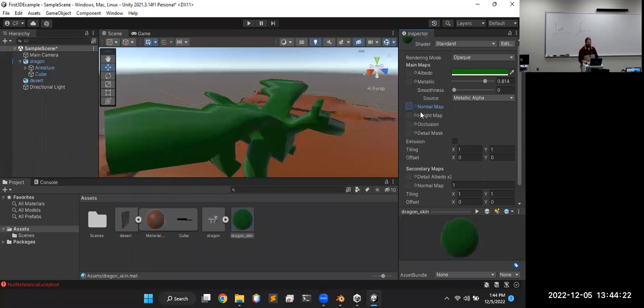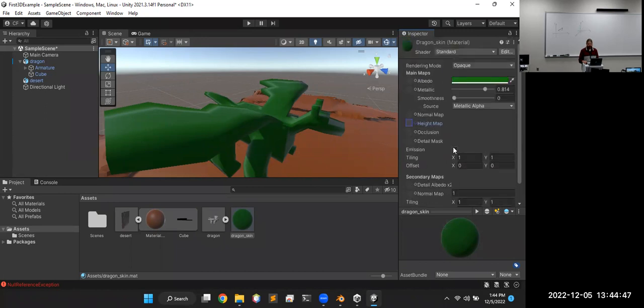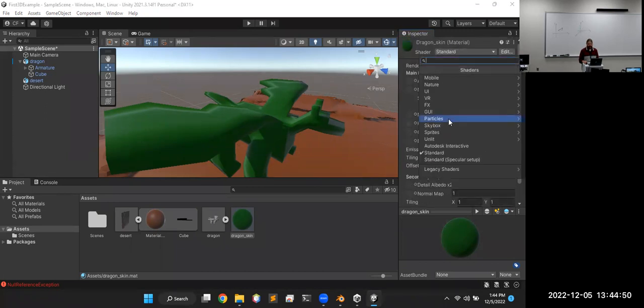Once we have normal, what normal is defined, we can use another picture to set things at different heights. So that's where you get things like a brick: take a picture of a brick wall and load that in. You don't need any of the colors or anything from the actual picture, but the different colors in that picture would define different heights, and shadows would fall differently. That's getting into some offset stuff. You can see we have lots of controls over that, and there are lots of different